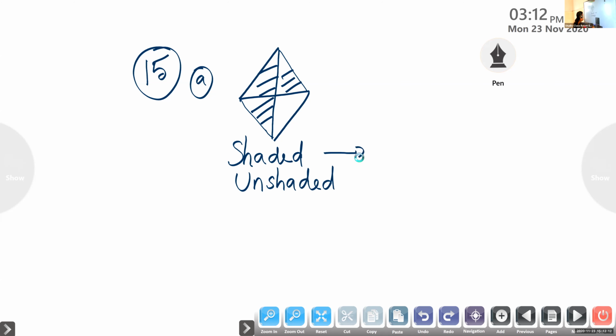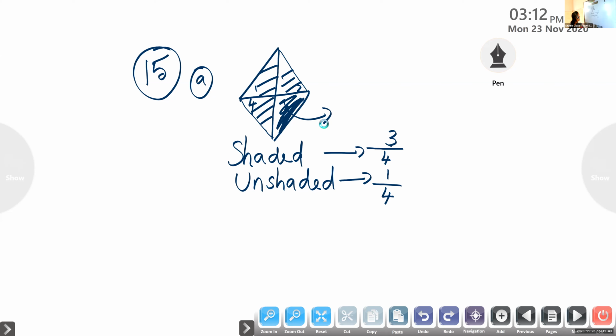Okay, Tanvi, tell me what is the fraction for shaded? Look at the question on the board and tell me the answer. How many parts? What is the fraction? Shaded how many? 3 by 4. Very good. The fraction is 3 by 4. And for unshaded how much? 1 by 4. Total parts is 1, 2, 3, 4. So how many shaded? 3 parts. And only one part is not shaded. So that one is 1 by 4.